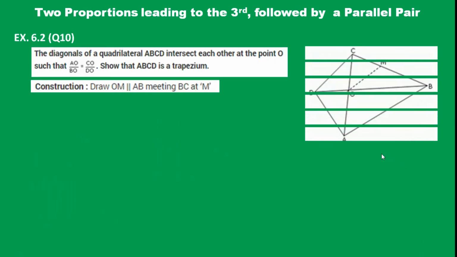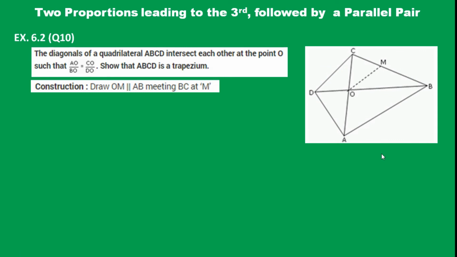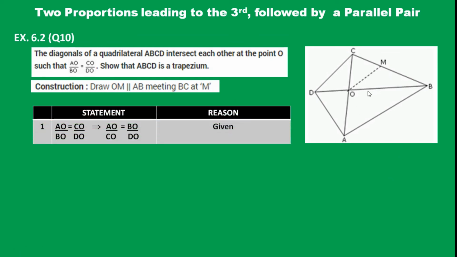Another example over here, which is a converse of what we had covered in the previous learning outcome. So we have been given here that ABCD is a quadrilateral, not a trapezium, unlike one of the previous questions that we did. But we have to rather show that it is a trapezium. However, what was to prove in the previous question of trapezium is given over here. The construction is very similar to the trapezium question that we had done. We make OM parallel to AB. If OM is parallel to AB, we can apply BPT in triangle ABC.